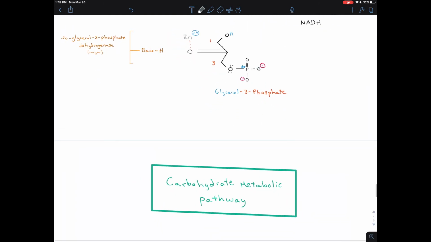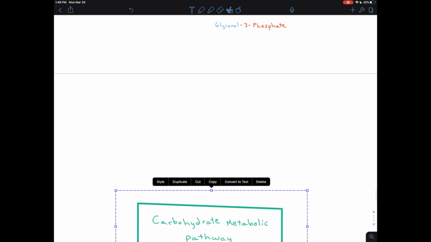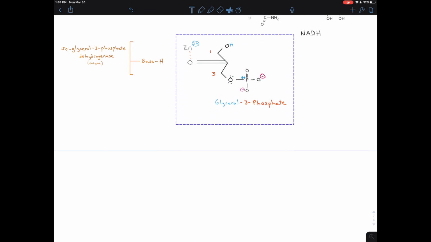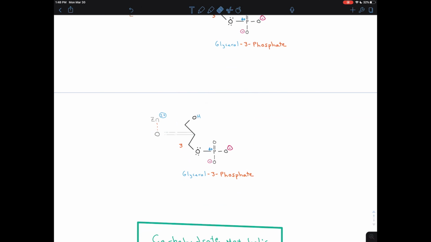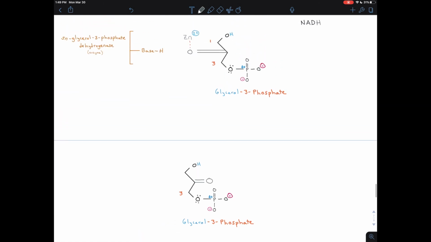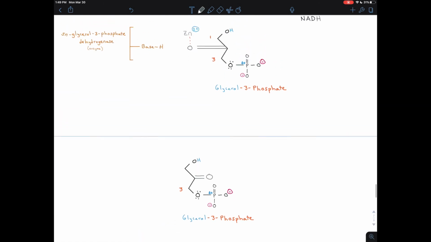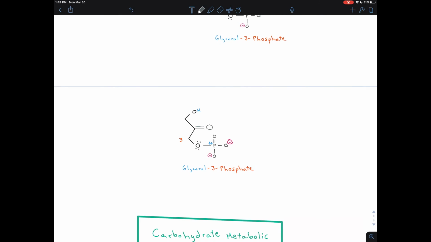Now I'm going to redraw that in a way that's a little bit more customary. Normally when you see this, just by convention, the bonds should be going off where they're pointing. So here you have a point in this direction, so that's where the bonds should be coming off. So there we have that carbonyl, I'm just drawing it so it's over there. Now this is no longer glycerol 3-phosphate. This is a molecule called dihydroxyacetone